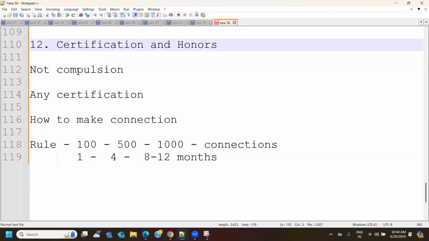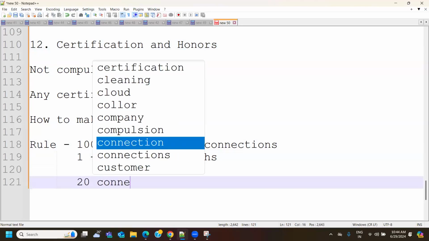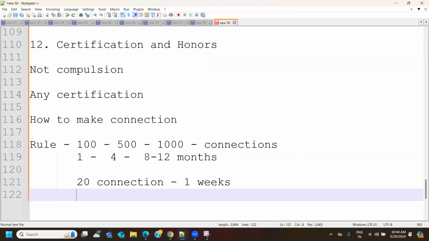Now, this is all about your LinkedIn. Once your profile is good enough, start with 20 connections in 1 week. In the first week, you should make at least 20 connections. And how do you make them? The first 20 connections should always be sent to people you know. Maybe your brother, maybe your cousins.